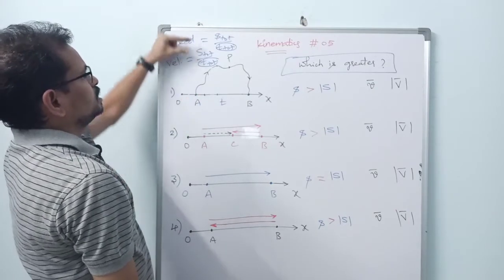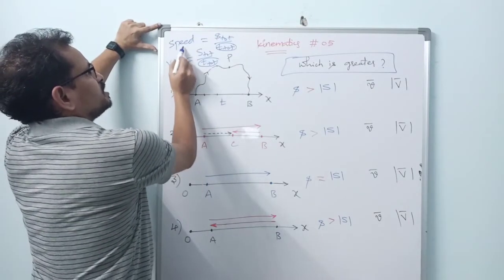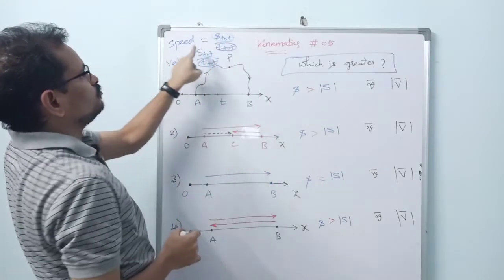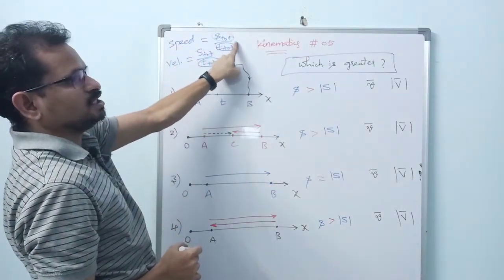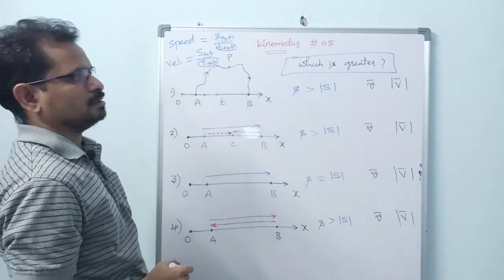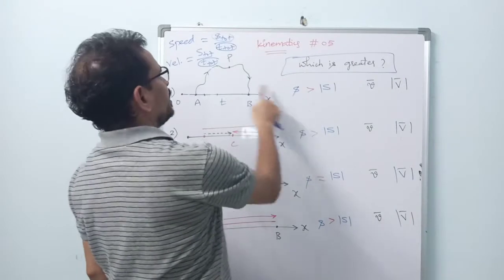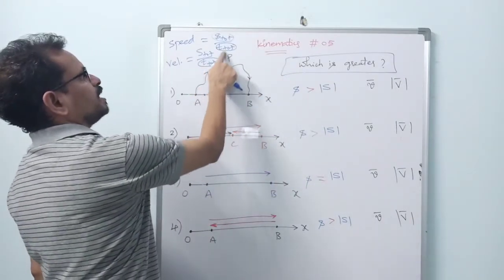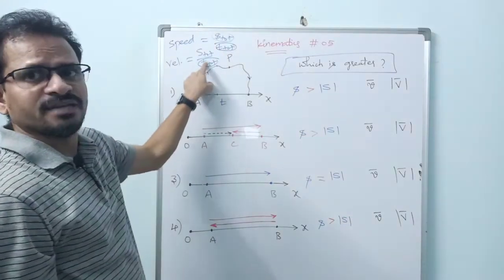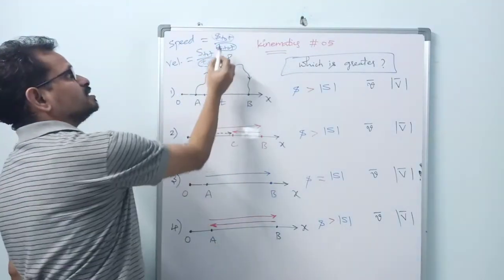Here in this case, see what decides which one is greater, speed is greater or velocity is greater? Which one decides? Numerator decides. So for speed, what is there in numerator? Distance is there. For velocity, what is there in numerator? Displacement is there. And what about denominator? Total time. In both cases total time is same only, no? So denominator has no role in deciding which fraction is greater. So who decides here? Numerator decides.